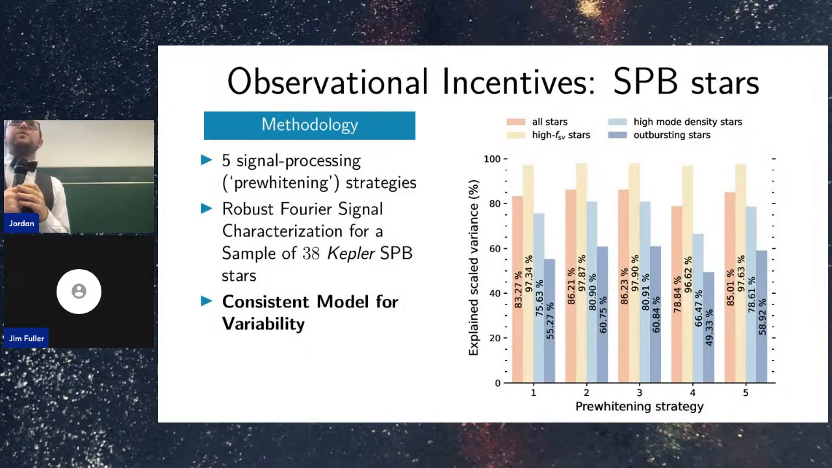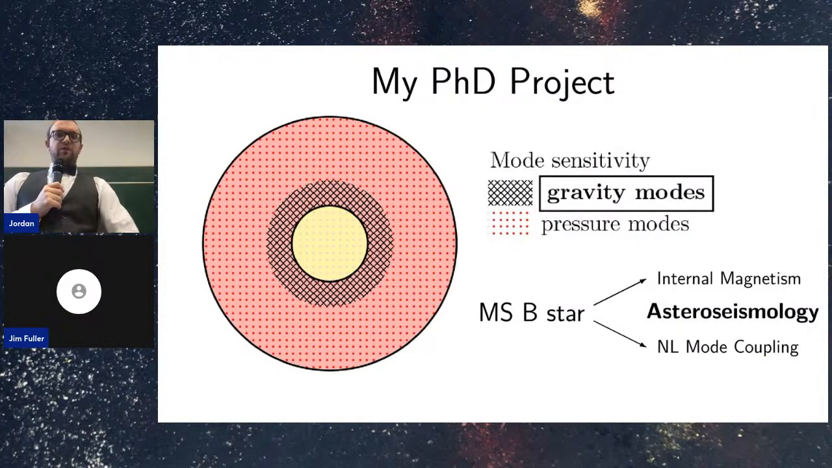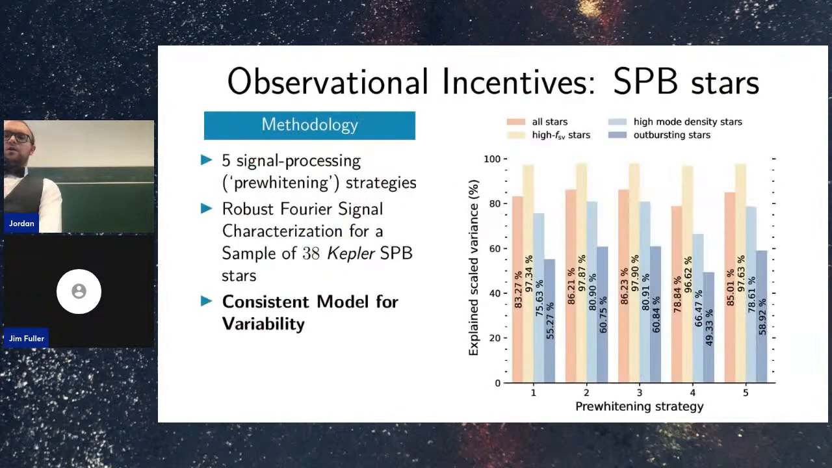Basically, why would we want to study internal magnetism or nonlinear mode coupling at all if there is no observational evidence for it, right? So what we did is then look at pulsating B stars on the main sequence, known as slowly pulsating B stars or SPB stars. And we looked at these variations of brightness over the 4 years of time that Kepler was peeking at them,